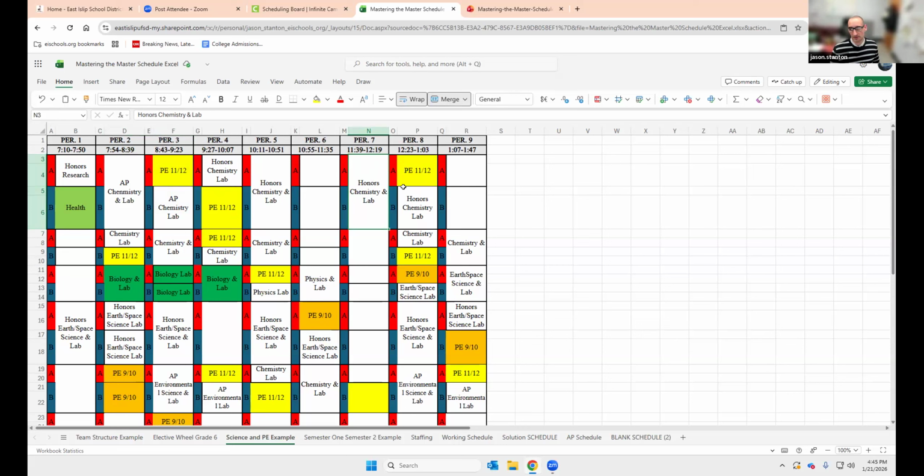So if I were to put a singleton here in period 8, these students who want honors chemistry would just float into this section. But if I put a singleton here, there's no way for the kids to get biology. They're going to constantly conflict out because there's only one place they can get it. So if I did this,